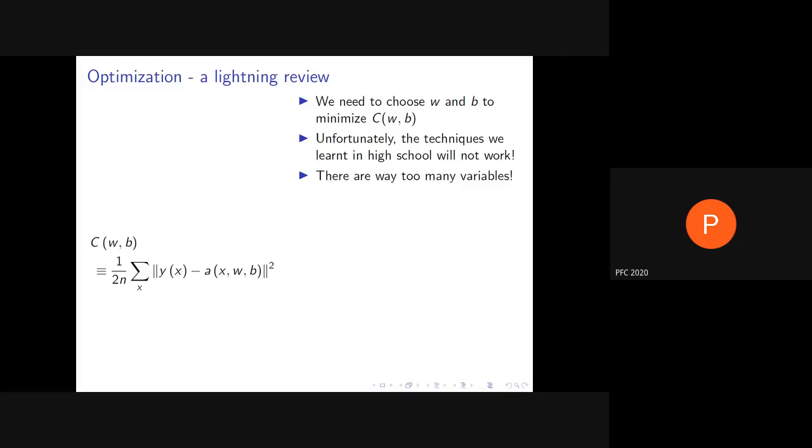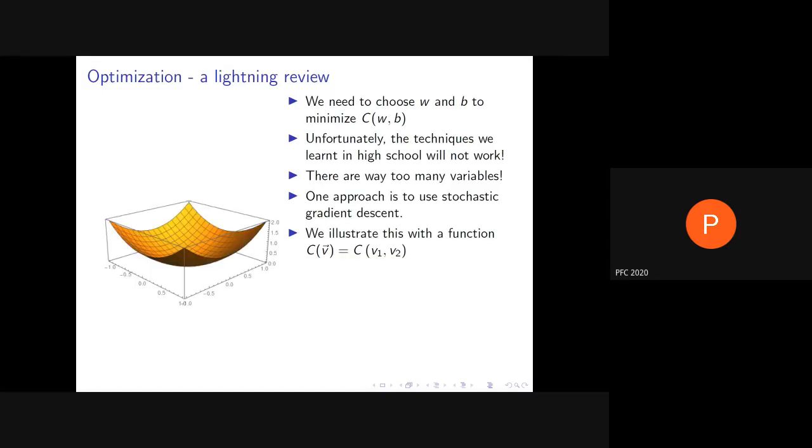Which means if you were to try to write down the partial derivative with respect to every one of them and set that equal to 0, you'd have around 12,000 equations to satisfy simultaneously, which frankly is way too difficult a job to do. Even writing down those equations would be way too difficult. Solving them simultaneously would be quite absurd as a proposition. So this is why the standard techniques will not work. One approach that we will use is called stochastic gradient descent. That's quite a mouthful, so let me try to explain what this means. First, let's forget about stochastic. Let's just talk about gradient descent.